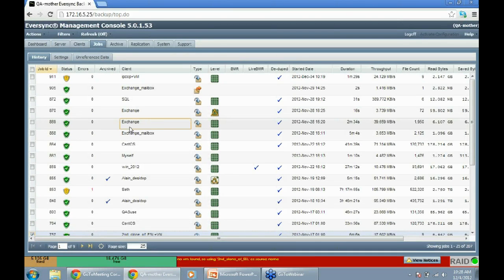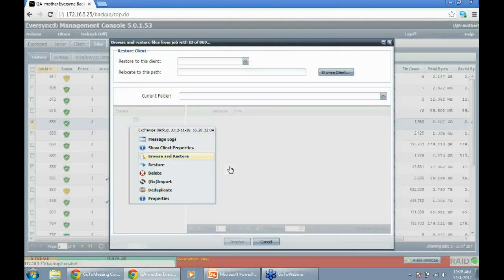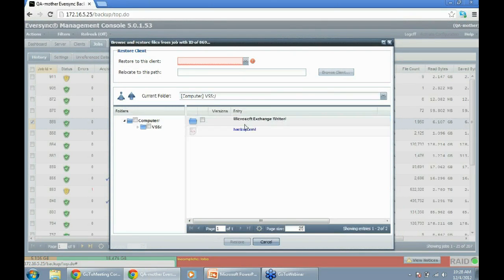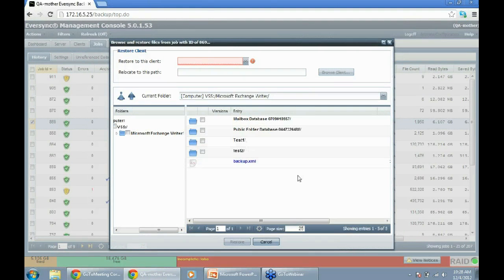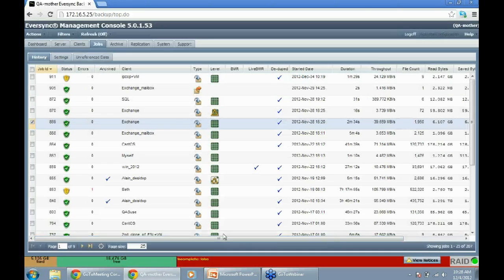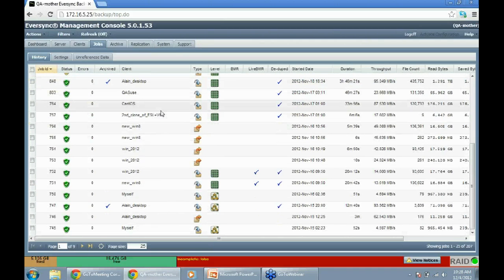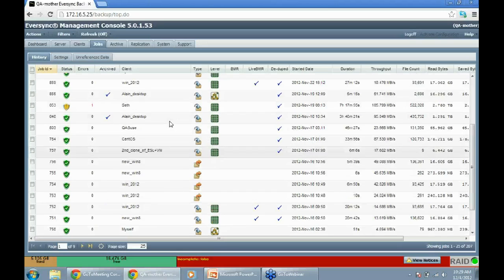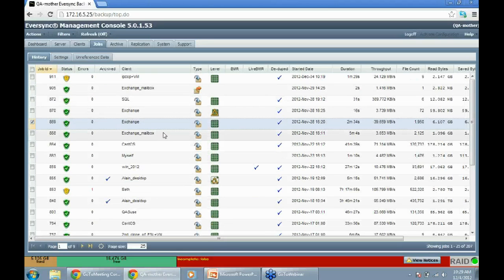It's the same browse window that you see for a physical client. So if you look at this physical client, browse into files, and restore either to the virtual machine or restore the files to a physical machine, or even just download them directly from that browse window.